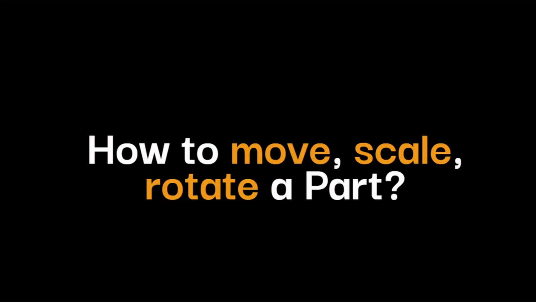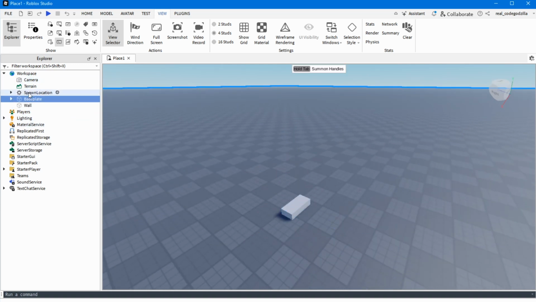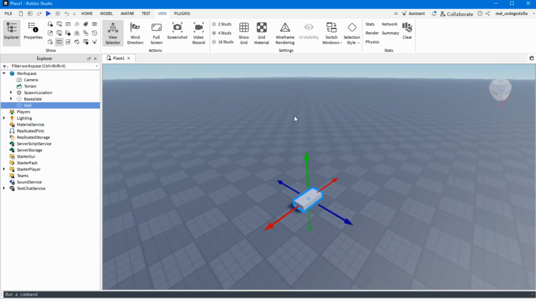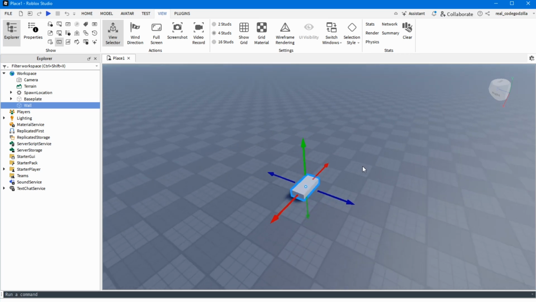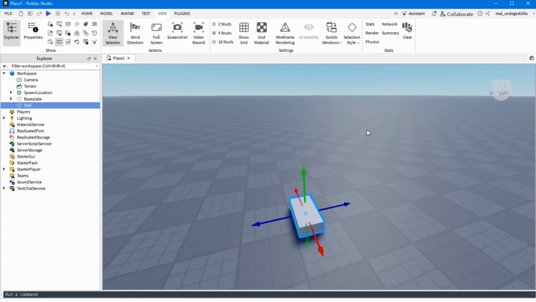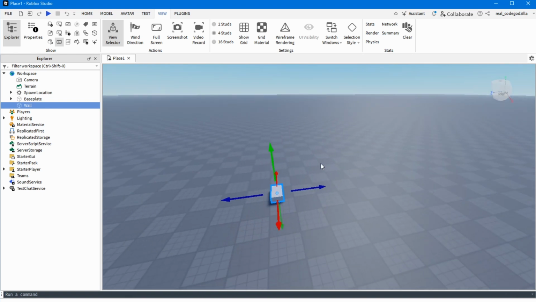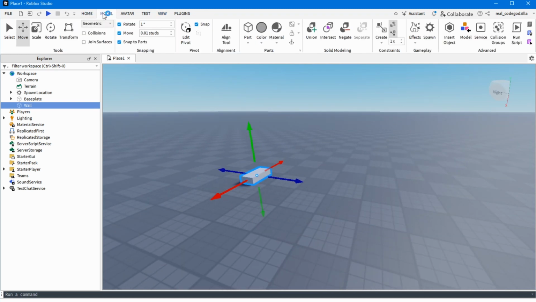How to move, scale and rotate a part. Now that we have a part here, the part is selected in the Explorer view. As you can see, I can select different things. If I select the wall here, the part that we just created, we can see that this became blue. So it's selected. The way we can do moving, scaling and rotating of a part is selecting here at the top the Model sub menu. So if I click on the model,